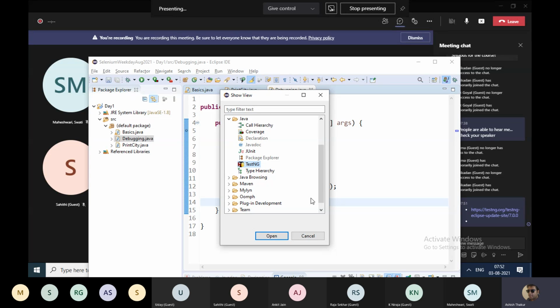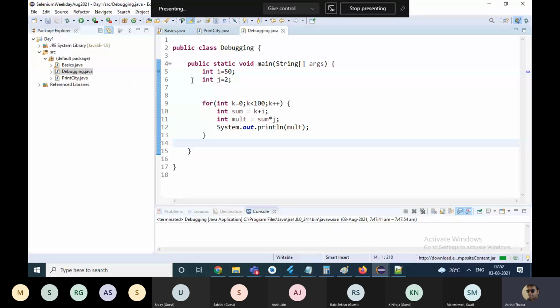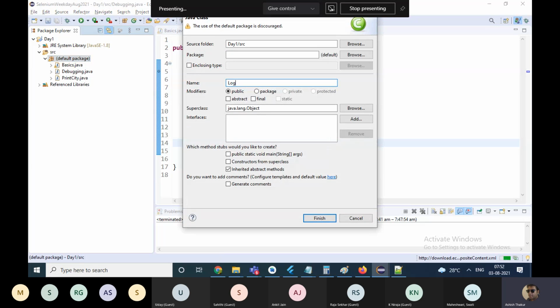Now what TestNG does is that it helps you to write test cases. For example, in this, I will just create a new class called LoginTest. I am not going to teach you all the TestNG features in the beginning, but at least the basic feature to create a single test case.